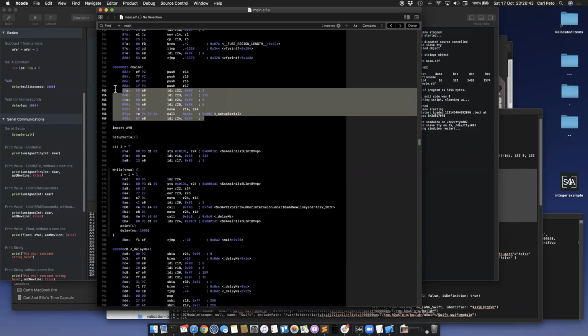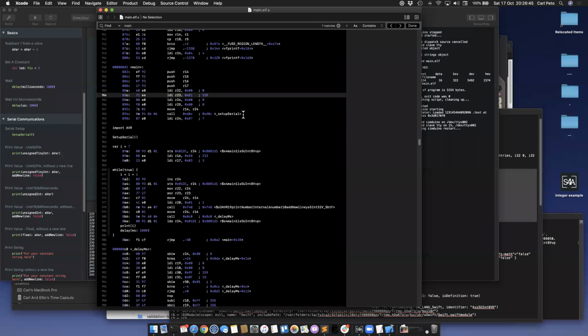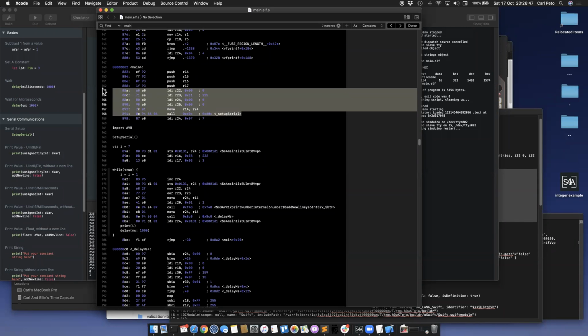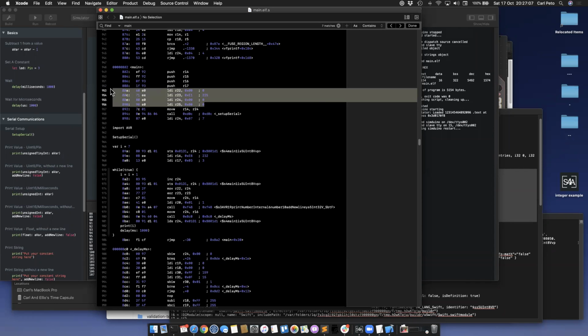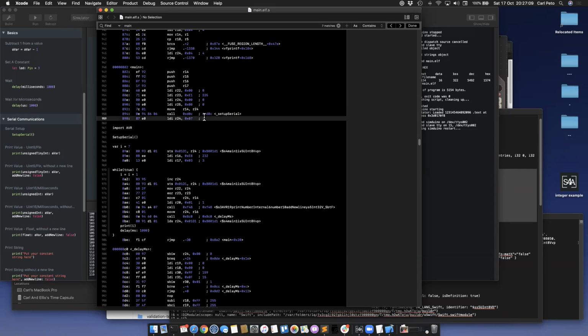So first thing is a call to set up serial, which is basically just loading some values in there. The default is, gosh, I forget which it is, 57600 baud. It passes that into setup serial, and setup serial just updates all the relevant registers to turn on the UART at the baud rate that you specified, which by default is 57600, I think. Load the value 7, store it in memory,